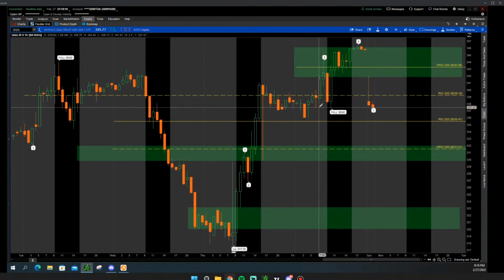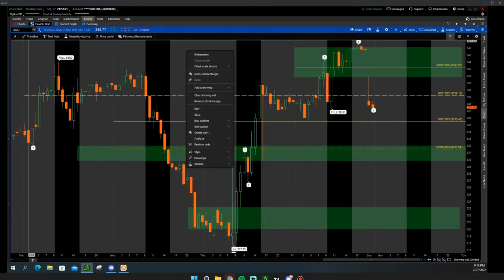So we'll see. Okay, we just crossed over the POC level, or the full send level, I believe. Yeah, I think we're headed to 335 first, and then this VPOC, 331.51. All right, that being said,